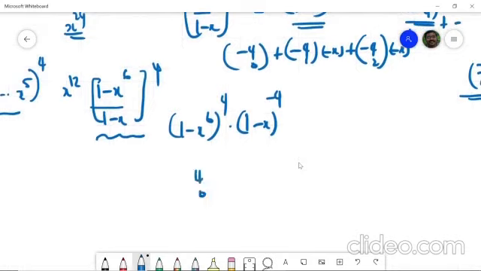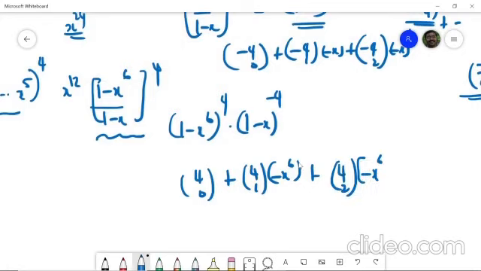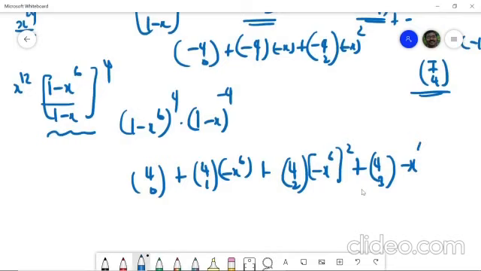4c0 plus again 4c1 into minus x raised to 6 plus again 4c2 into minus x raised to 6 the whole square, that is minus x raised to 6 the whole square, that is again minus x raised to 12. Again you have 4c3. I am just applying the binomial theorem here. 4c3 minus x raised to 6 the whole cube there, but that is not required because these terms are not required. So maximum you need is actually up to x raised to 12. So I will just stop it there, into what you are writing,